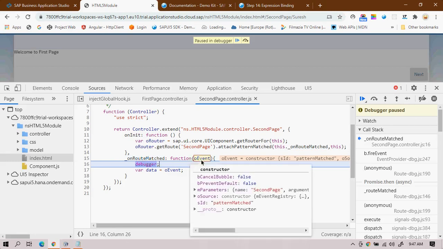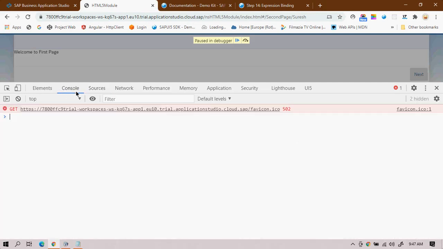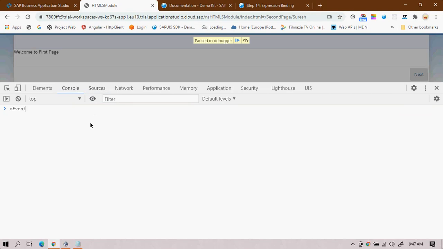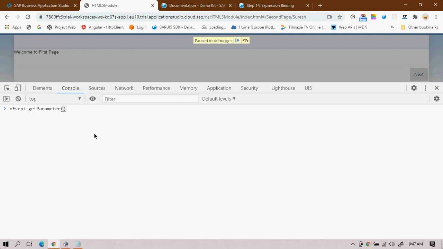So if I want to get the Suresh value, how will I do this? I'll simply copy the oEvent, navigate to the console, and paste the oEvent. In oEvent you will write the method, that is dot getParameter. In the parameter I want to get the arguments, right?